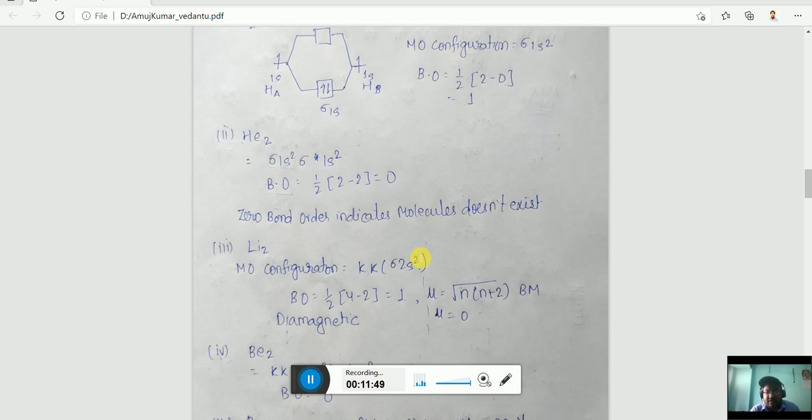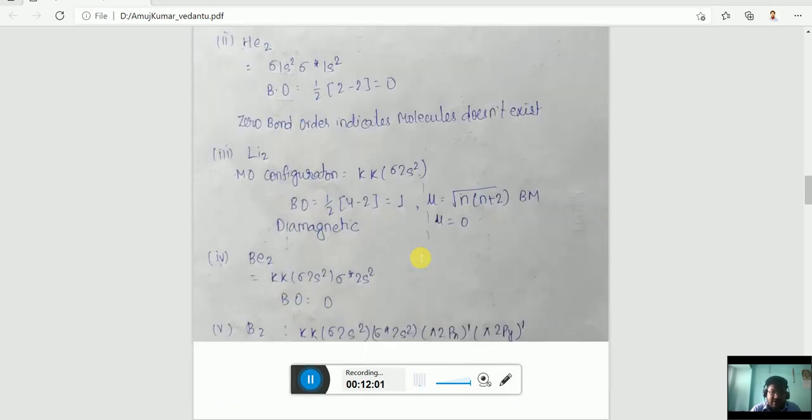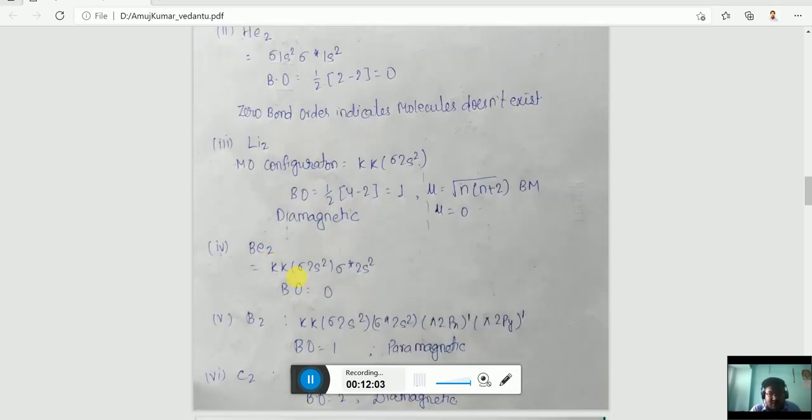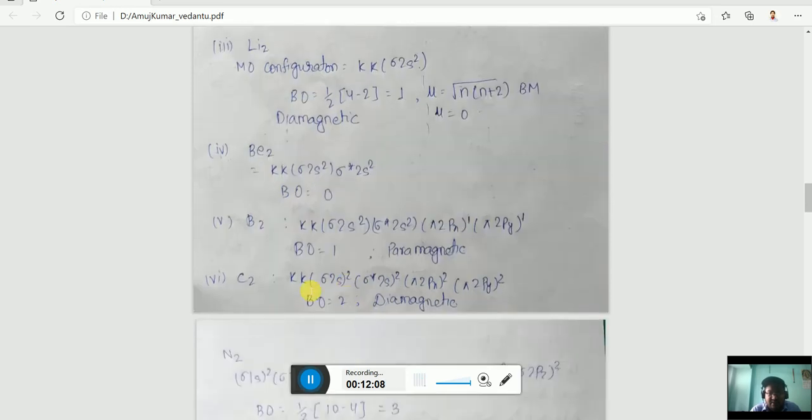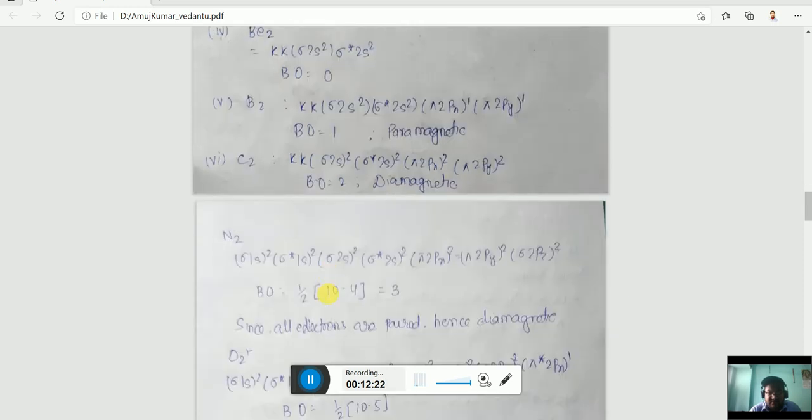And one most important point, that filling of molecular orbitals is based on the Aufbau principle, Pauli exclusion principle, this type. So in case of beryllium, bond order will be 0. So we calculate that using that formula. Boron, in a similar way, say KK, here KK represents sigma 1s2, sigma star 1s2, sigma 2s2 in a similar way. For carbon atom, in a similar way. Nitrogen,